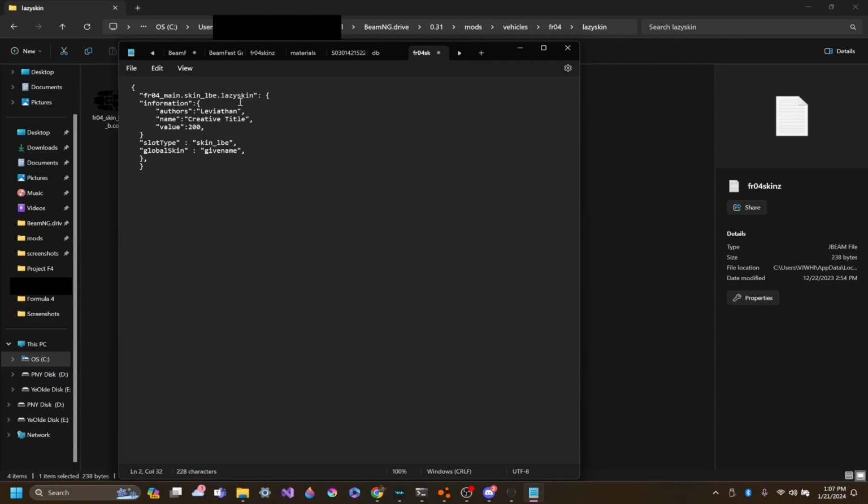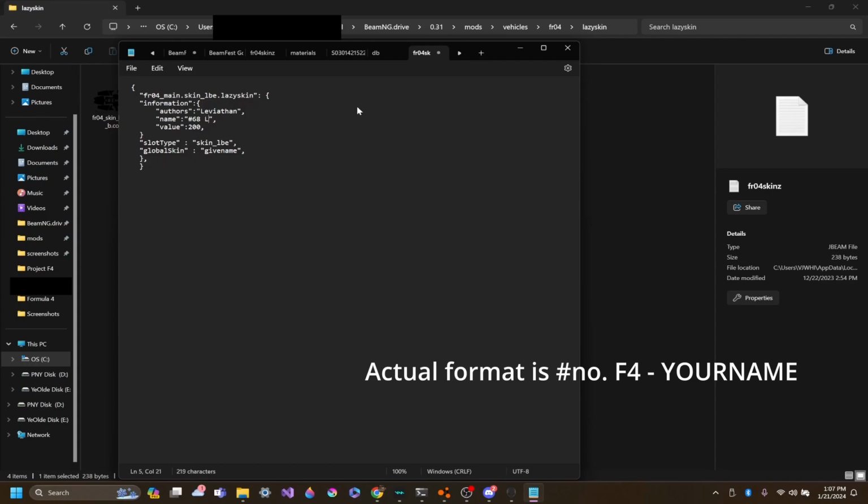Then over here, put in your skin names. Here are the authors. This is the internal file details. For the Formula 4 cars, you're going to want to put in your own player name in the author's title. It can be whatever. Since I'm Leviathan, I will keep it as Leviathan. And for the names, we will make this the number 68 car, number 68 Leviathan